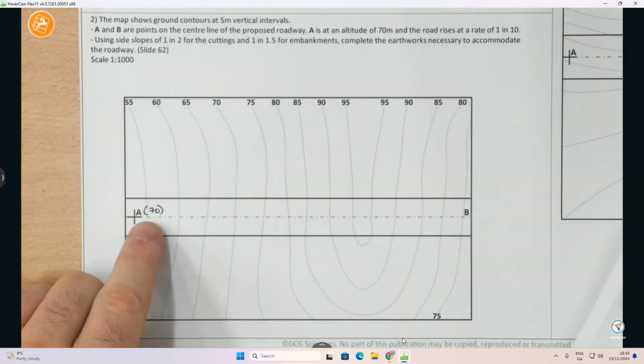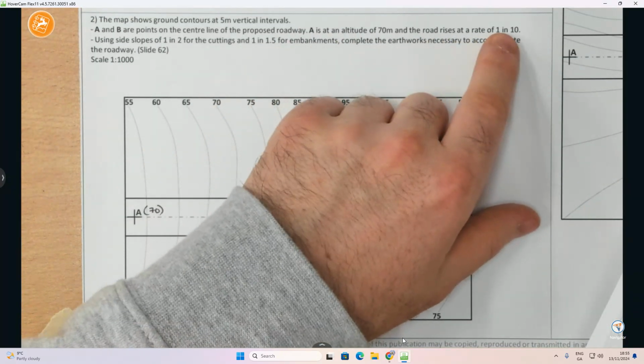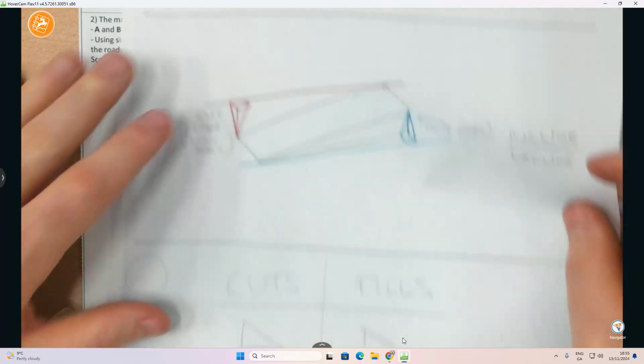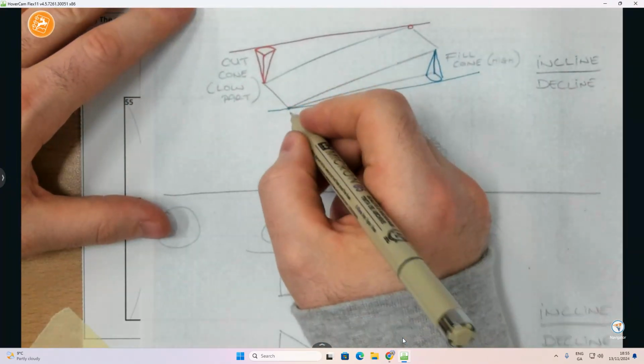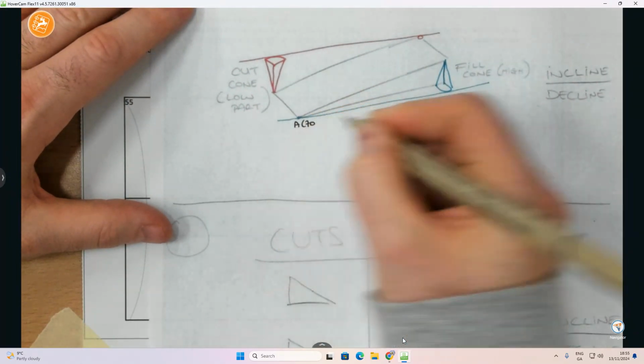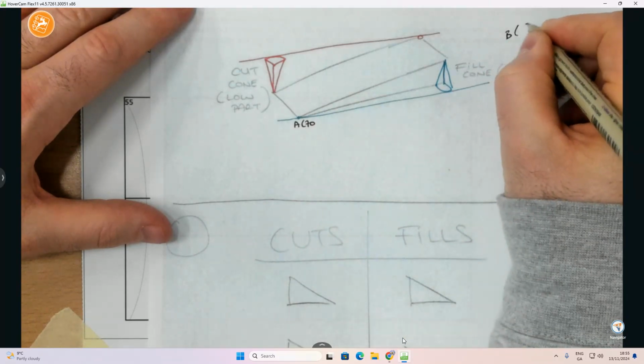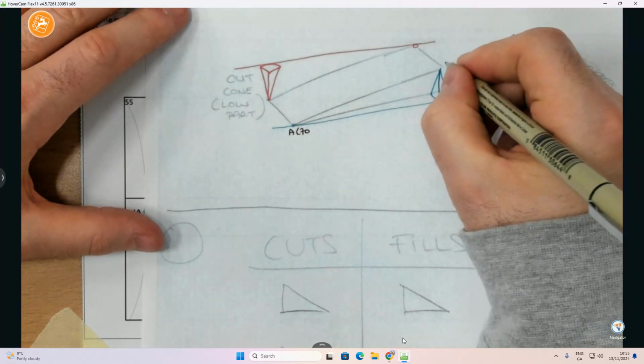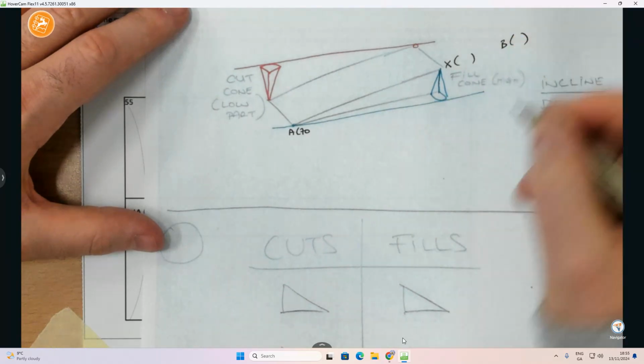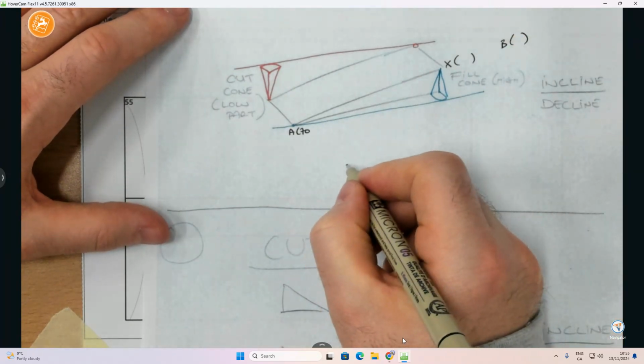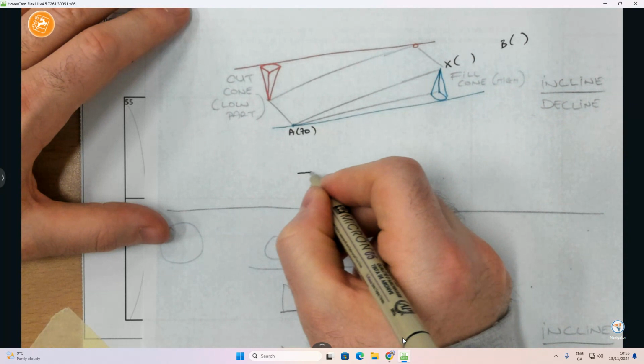Now, very similar thing here. The road is rising at a rate of 1 in 10. Okay, so what does that mean? Well, we know A is here at 70 and B is off somewhere up here. We don't know what height B is at, but we're going to find a point X on the road and we're going to give that a height. Now it's rising at a rate of 1 in 10. Okay, so if we do this,